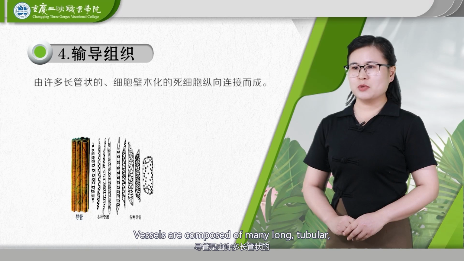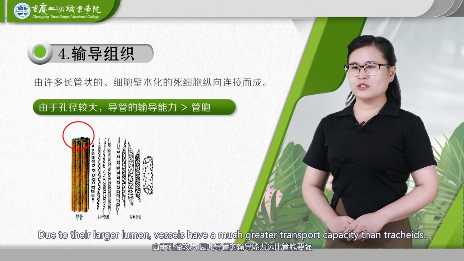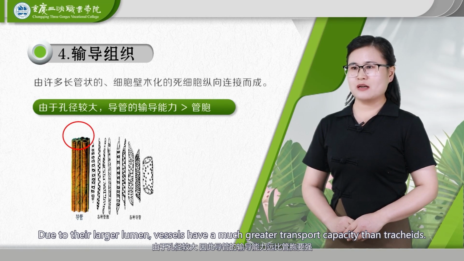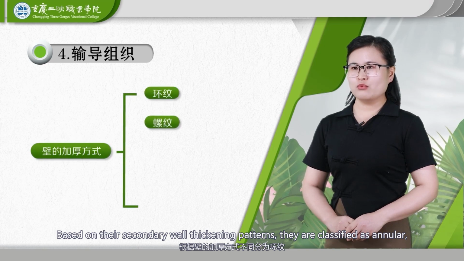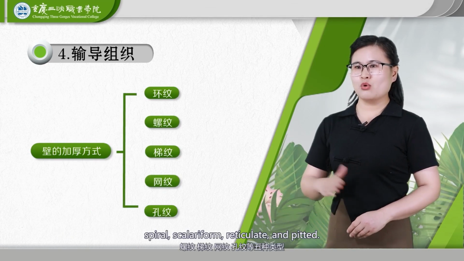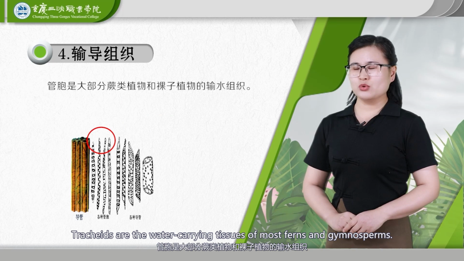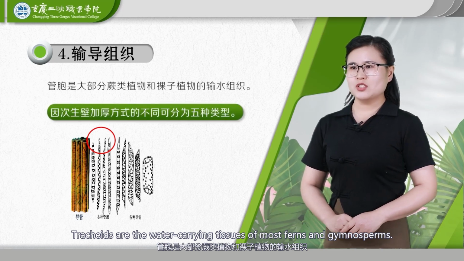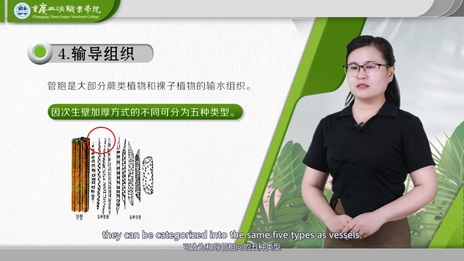Vessels are composed of many long, tubular, lignified dead cells connected end to end. Due to their larger lumen, vessels have a much greater transport capacity than tracheids. Based on their secondary wall thickening patterns, they are classified as annular, spiral, scalariform, reticulate, and pitted. Tracheids are the water-carrying tissues of most ferns and gymnosperms. Because of the different ways of secondary wall thickening, they can be categorized into the same